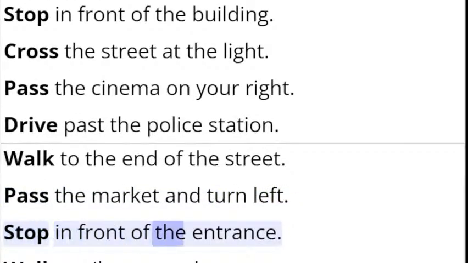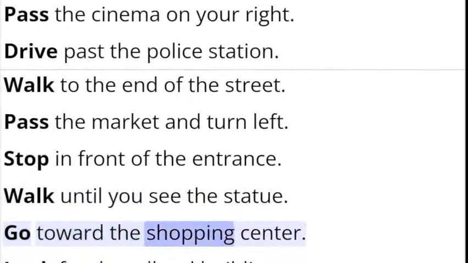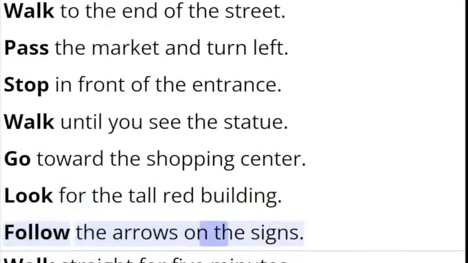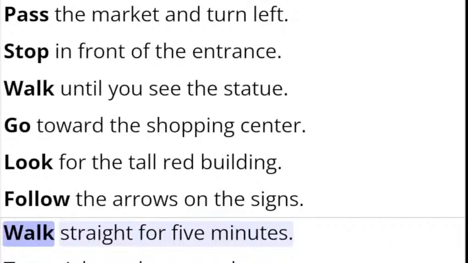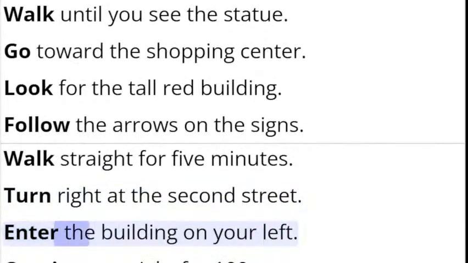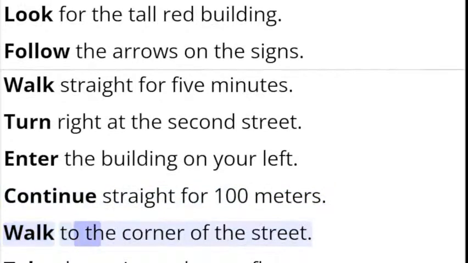Stop in front of the entrance, walk until you see the statue, go toward the shopping center, look for the tall red building, follow the arrows on the signs, walk straight for 5 minutes, turn right at the second street, enter the building on your left, continue straight for 100 meters, walk to the corner of the street, take the